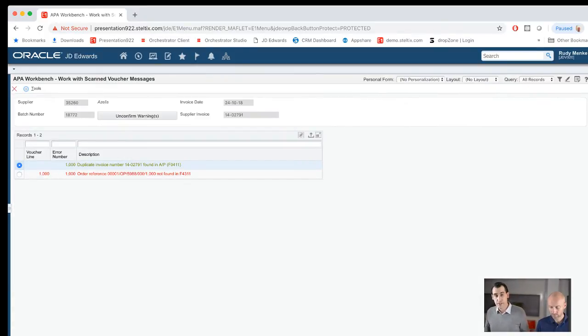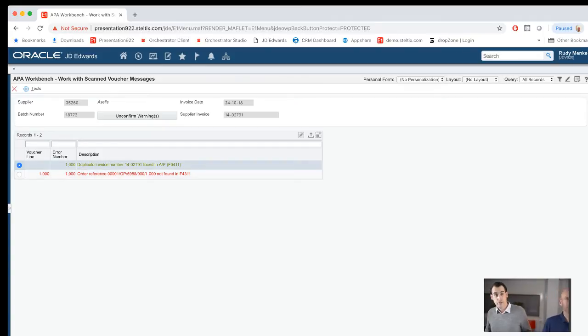We have two messages in here. The first message is that we have a duplicate invoice number. And that is found in AP. Which is a very helpful warning because you want to make sure that you don't pay your suppliers double. So this way you can pick up the invoice number and find in your sub-administration, hey, do I have anything else that is similar and did I pay this already?